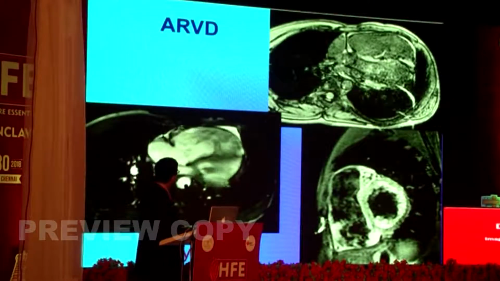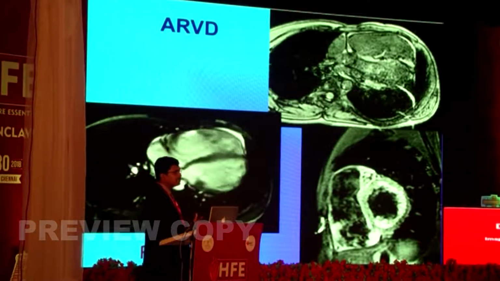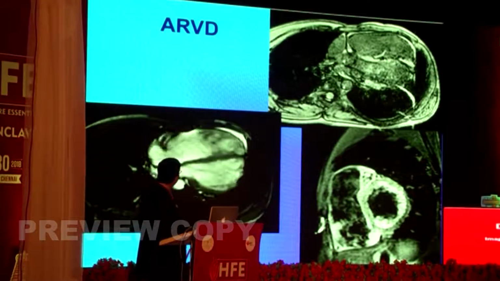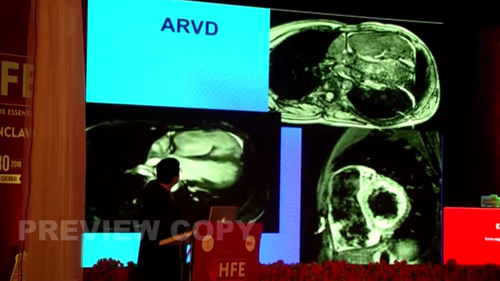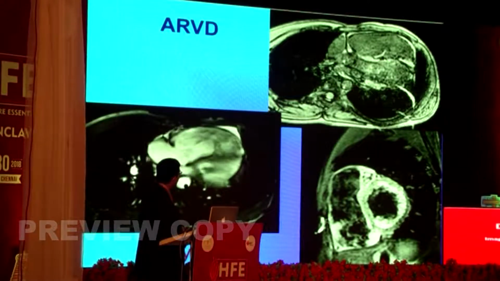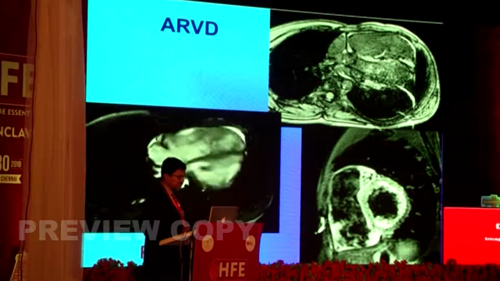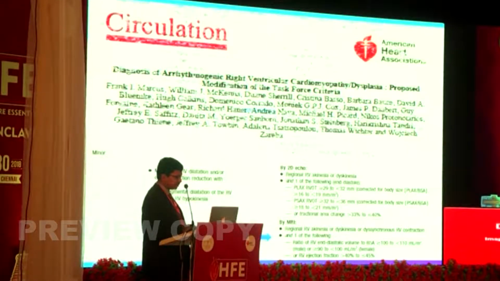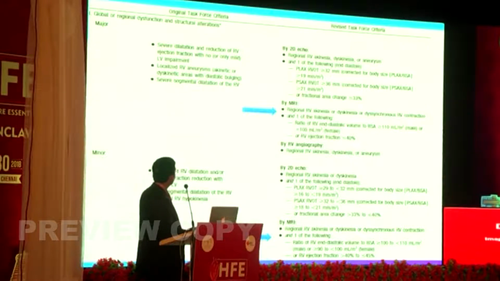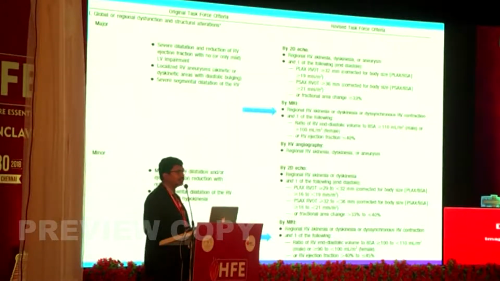What about ARVD? ARVD, I believe, is a diagnosis completely dependent on MR. Whether it's the typical outpouching and dilated RV, which is seen very well, or the scarring of the RV free wall, or the fat deposition, all three features are seen very well. If you look at the latest guidelines, there are some very objective criteria which have come in: more than 110 ml per body surface area for a male, more than 100 for a female, and less than 40% ejection fraction. Ejection fraction of the RV is again something unique to cardiac MR,